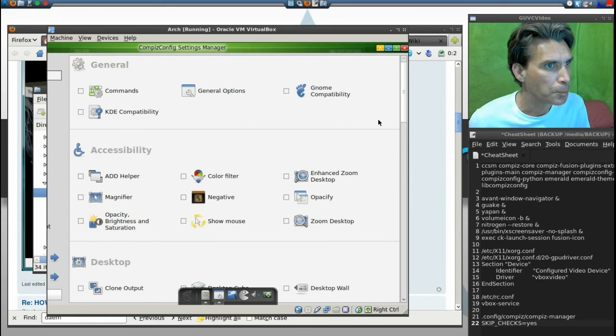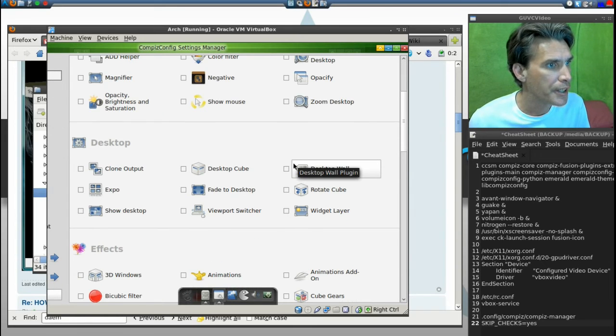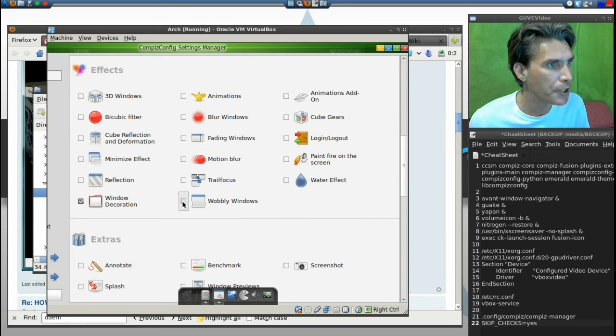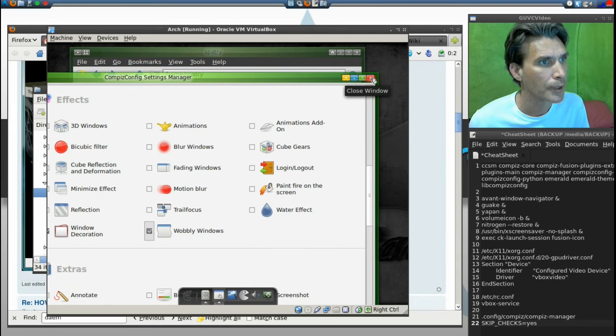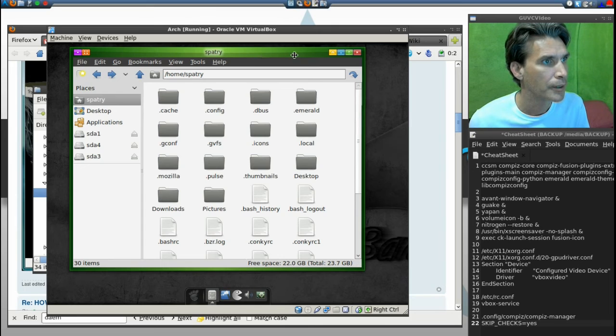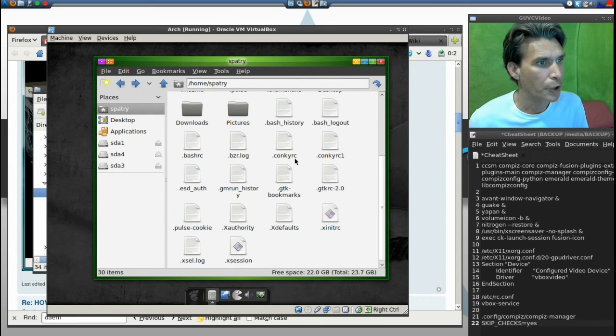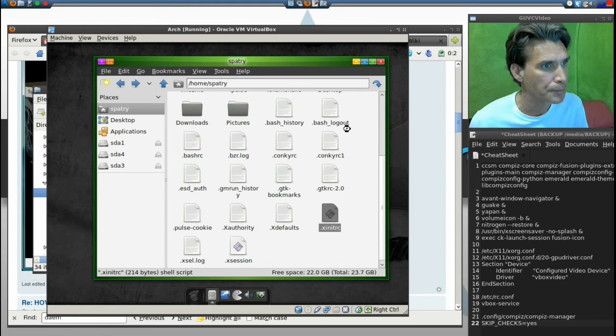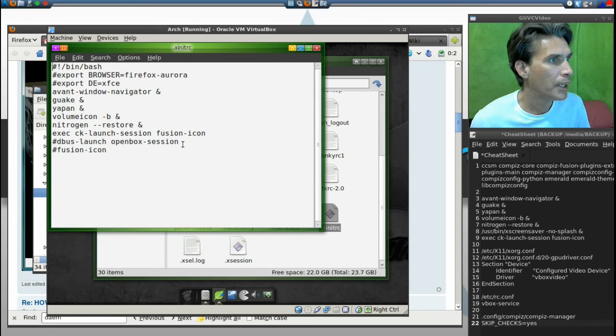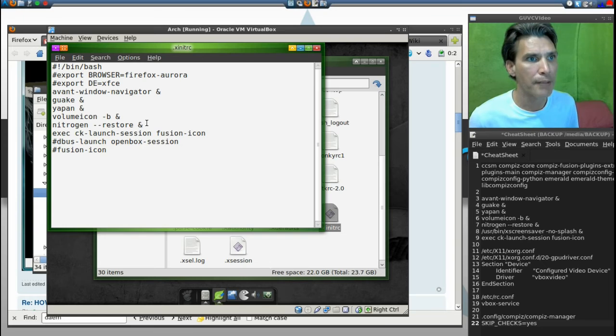Okay, so now let's enable something fun like wobbly windows. See, it's working. So we'll close that. Let's go into xinitrc, LeafPad, and before launching the Fusion icon, since we're having luck with Compiz Manager, let's run that too. Enter